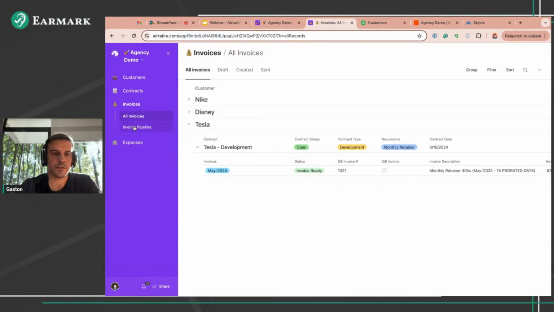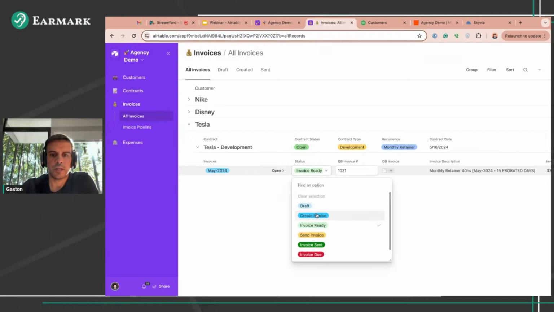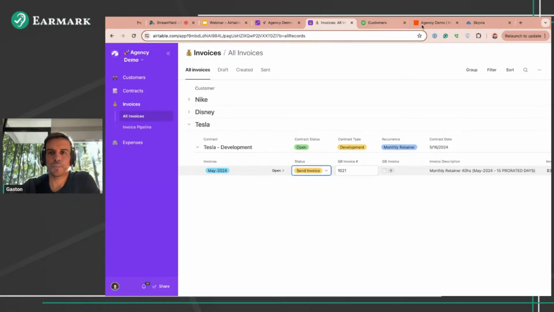Okay, so now that we have seen how to create an invoice, now let's send the invoice. And the reason why I have created this demo on these steps is that we can check into every step that everything is going well. Now we could make the whole automation end to end, but I think it's worth making the stops. So the invoice is ready. Now let's send the invoice. Now if I send the invoice,